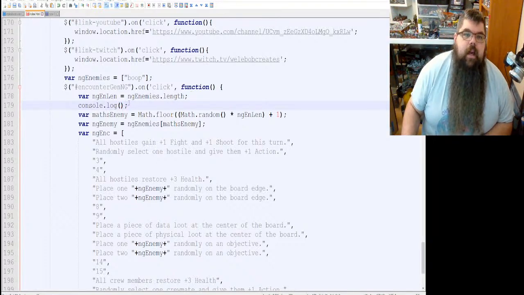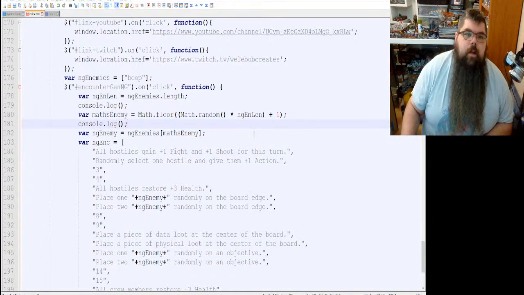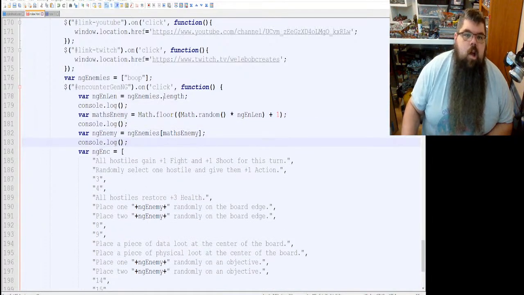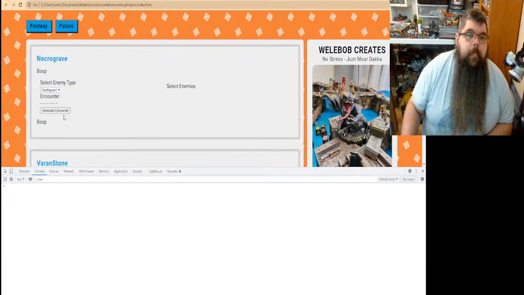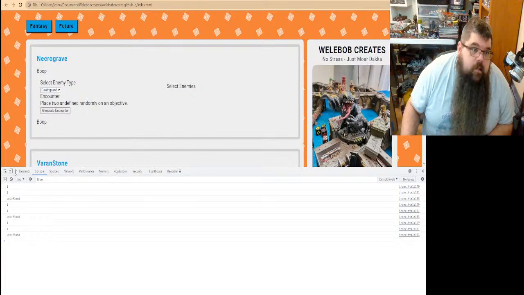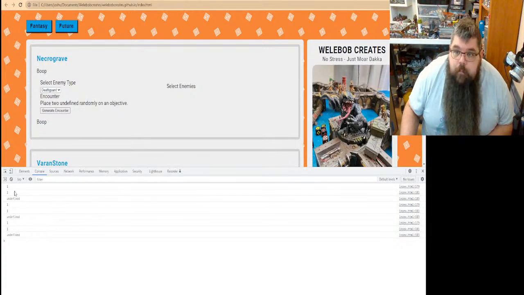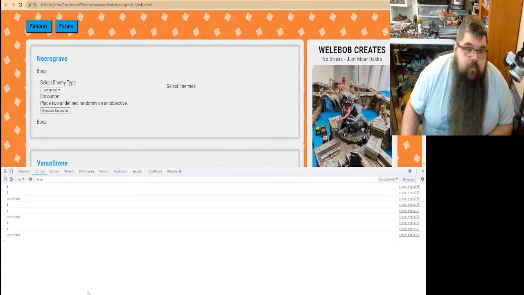It's debug time. Let's see. 1 at 179, 1 at 181.